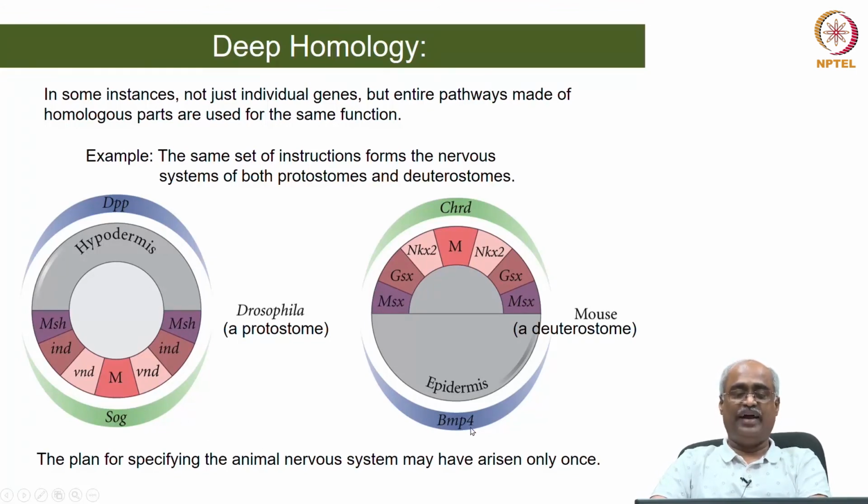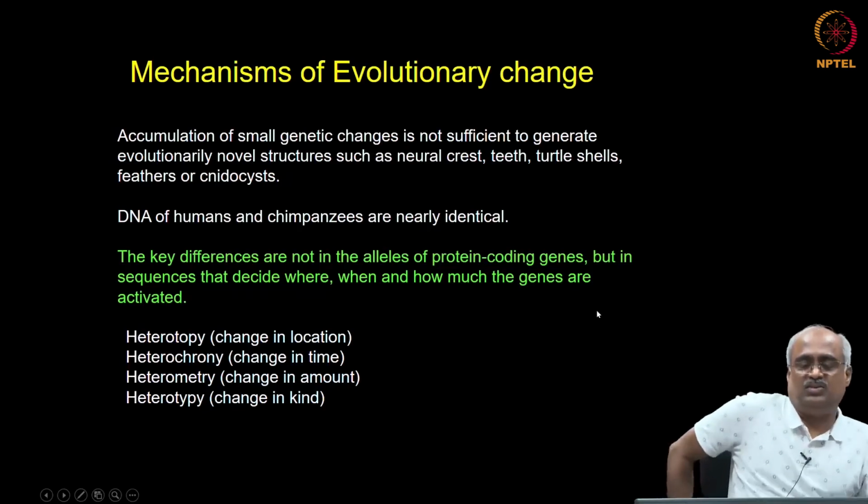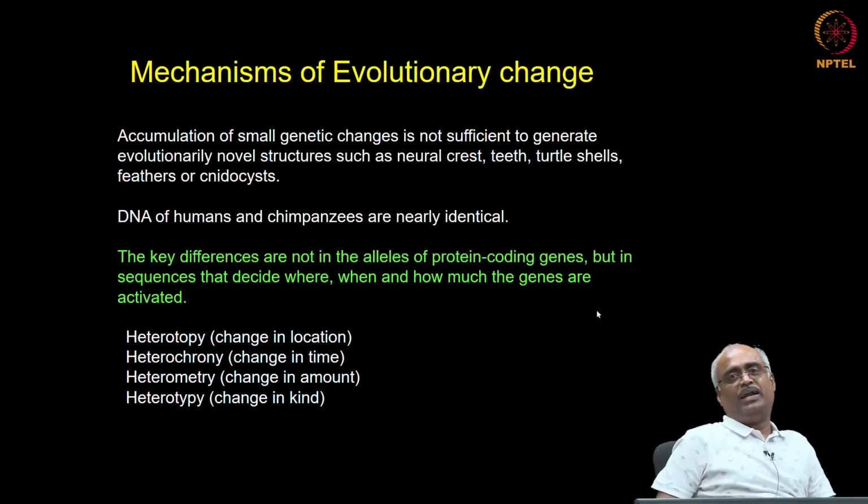And not just that, this is how even the cnidarians seem to do it. And therefore, in the entire animal kingdom, how to make a central nervous system seems to have arisen only once, and then we have diversification from that. And this is what you call deep homology. Okay. And the next one we are going to discuss is what we call the mechanisms of how all